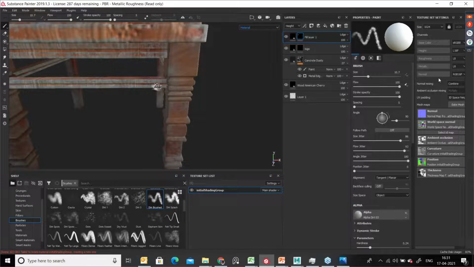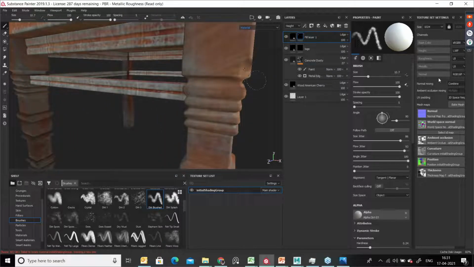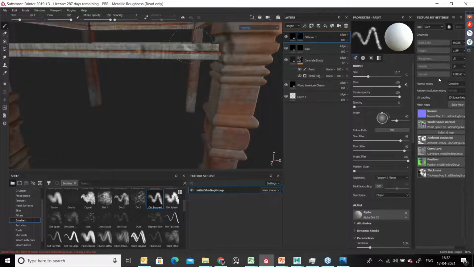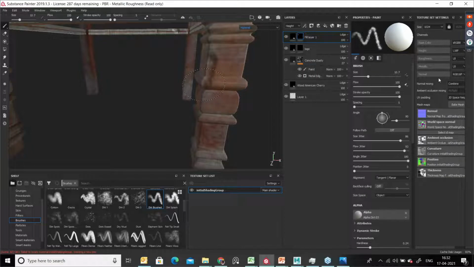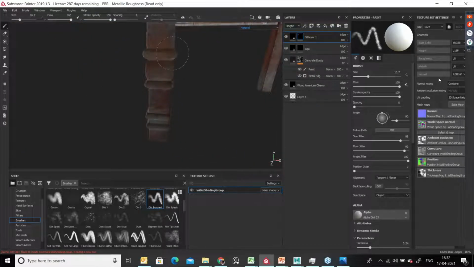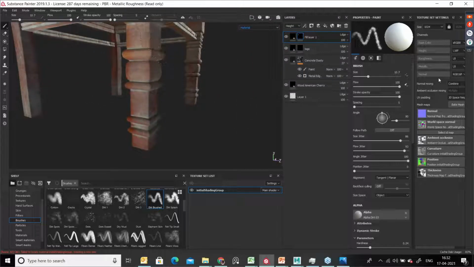Okay. So this bottom one also we can do some damage. This one we can do in a different way.